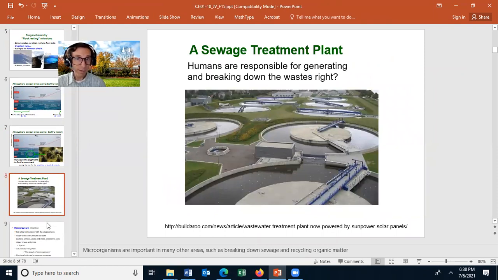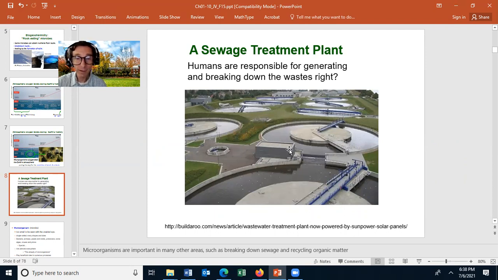For example, this is a sewage treatment plant, and humans are responsible for making the water waste by flushing their toilets and flushing things down their drain. And humans break the waste down. That's why we built these facilities, right? Anyone object to that? That humans break down the waste in these facilities? Nobody's objecting? Well, somebody should, because humans don't break